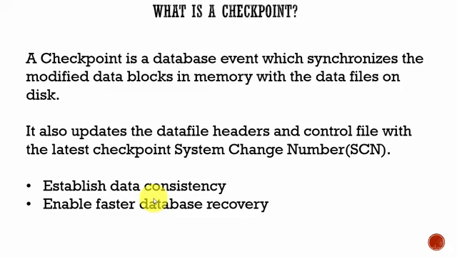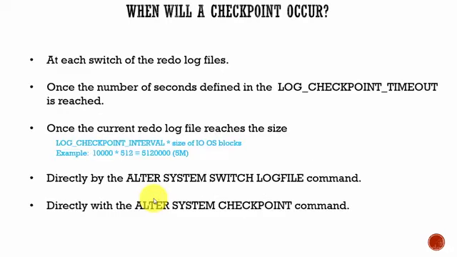Now you might be thinking, when will a checkpoint occur? The checkpoint can occur in one of these 5 scenarios. The first scenario is at each switch of the redo log files. We know there are multiple redo log files in the Oracle database. When the Oracle instance is moving from one redo log file to the other, before moving, it will trigger the